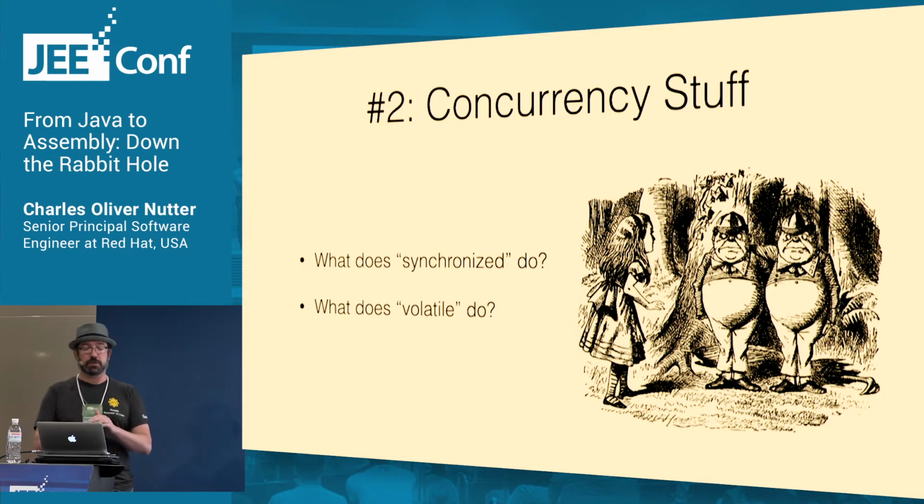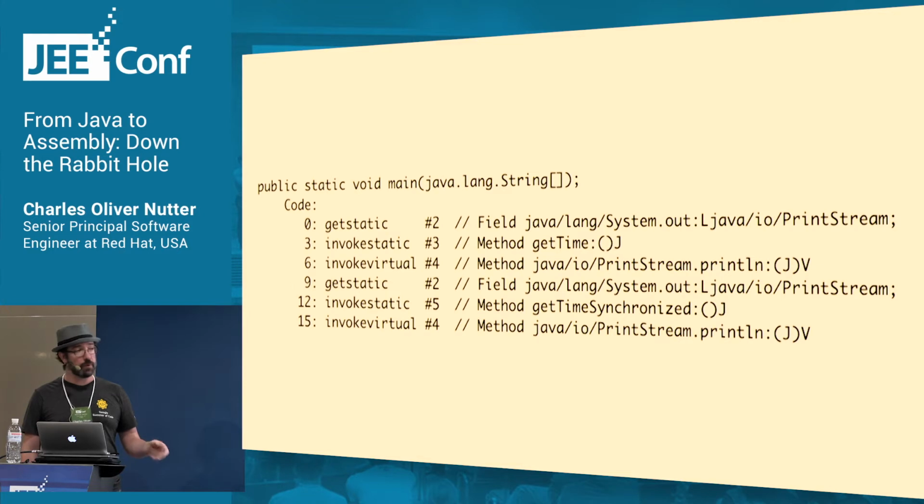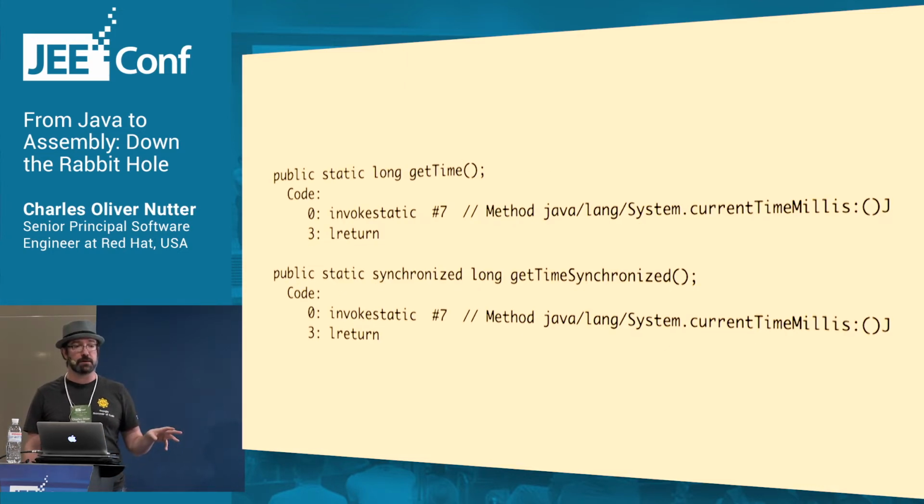All right, concurrency. So we'll look at synchronization and volatility. So here's our synchronized example. We have basically the same method, but one has synchronized on it. And we'll see how the JVM actually optimizes this. So first of all, we look at the bytecode. Nothing looks different on the call side. So the calls look exactly the same within the main method. And the only difference we see in the bytecode for each of those methods is this flag here is inserted into it. So it knows that whenever this method's going to be called, it has to do the appropriate locking